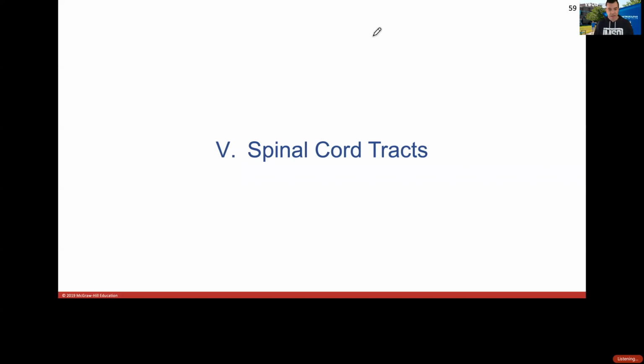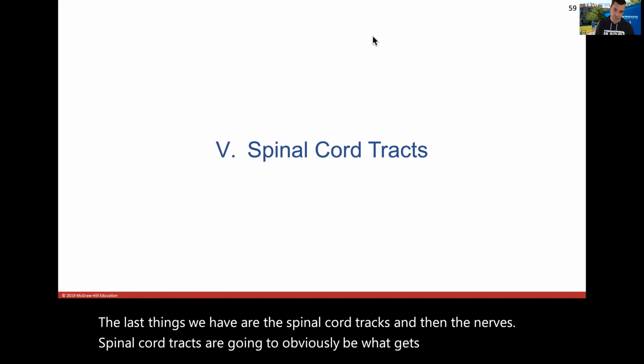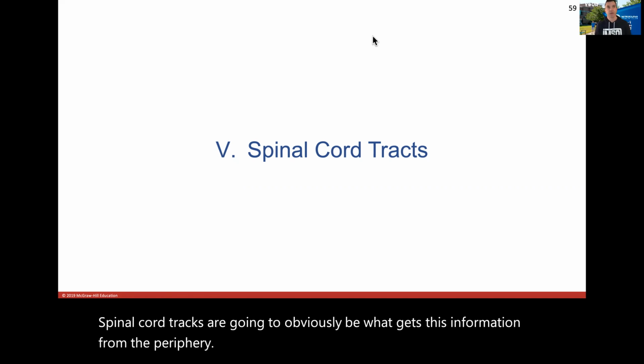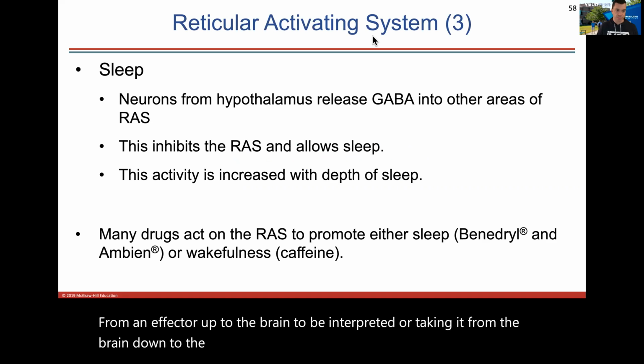The last things we have are the spinal cord tracts and then the nerves. Spinal cord tracts are going to obviously be what gets this information from the periphery, from an effector, up to the brain to be interpreted, or taking it from the brain down to the effector. Okay. But first, just a brief,